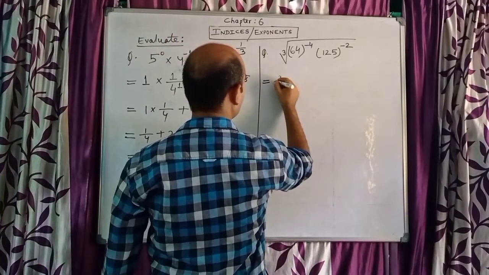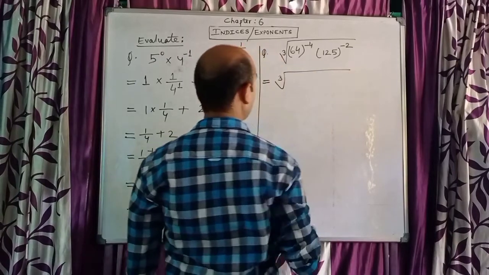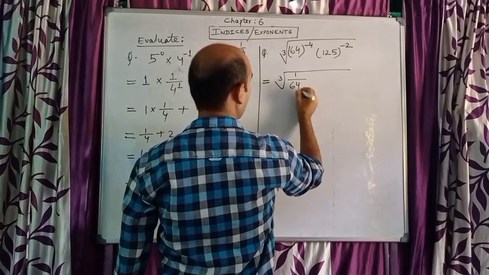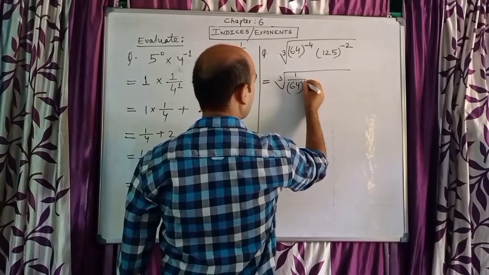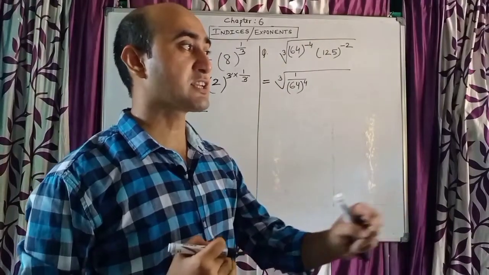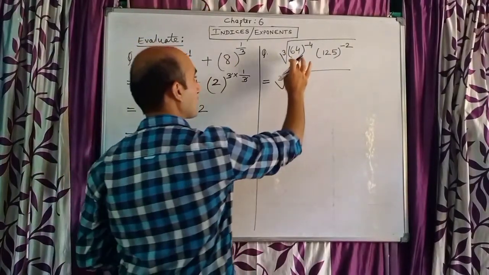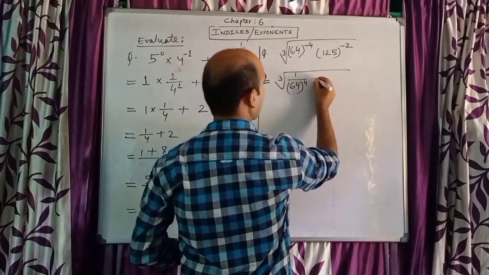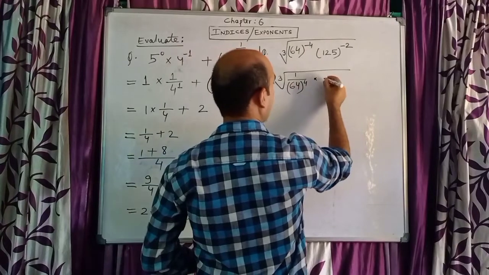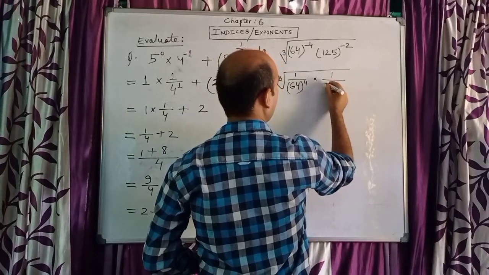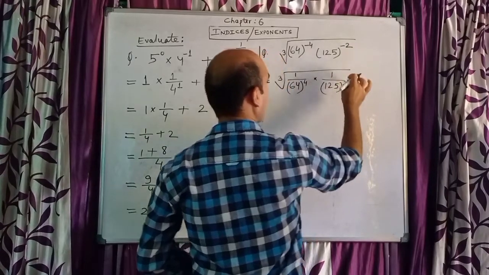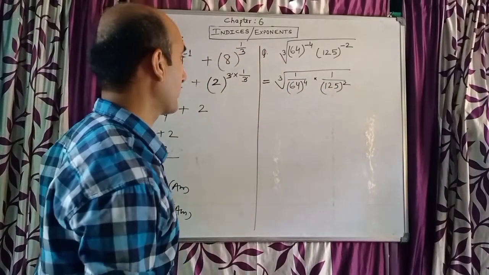So I am writing the cube root the same, and here I will write 1 by 64 to the power 4. That means the negative power I made positive power by interchanging numerator and denominator, because below this there is 1. Same thing here, you can put multiplication or a dot here, because there is nothing, which means there is multiplication. And here also the same thing, 1 by 125 to the power 2, because the negative power will now become positive power.